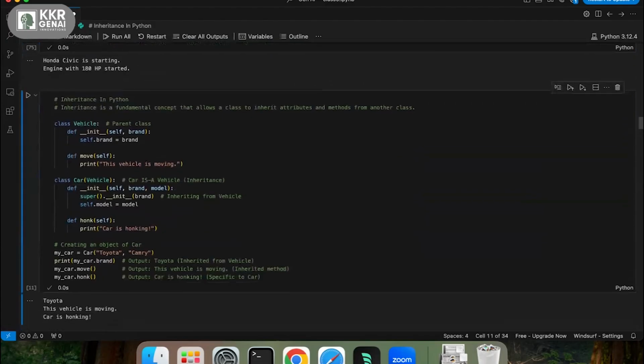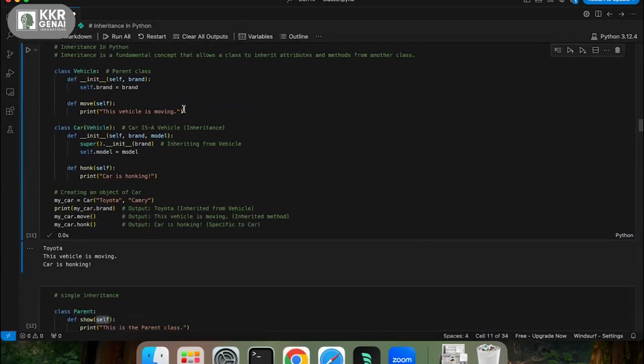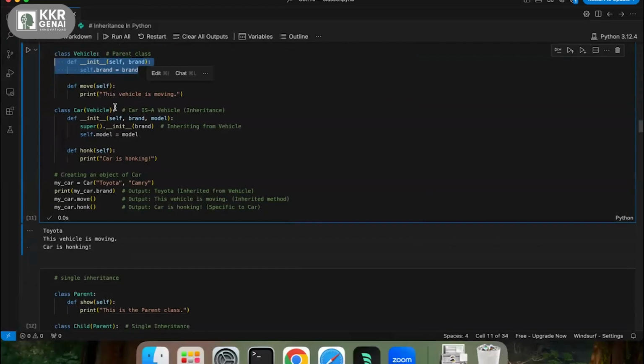And then if I want to talk about inheritance, as I said, it is acquiring some properties from parent to child. Here in the vehicle class, I have a move method, and in the constructor I'm defining the brand.